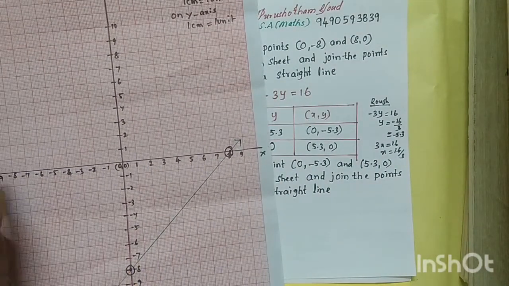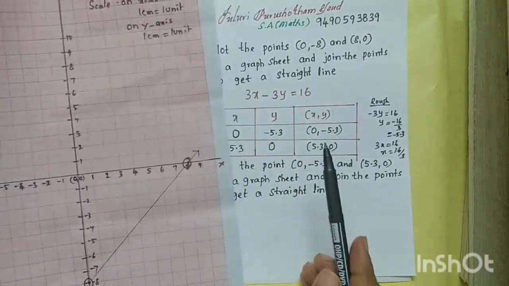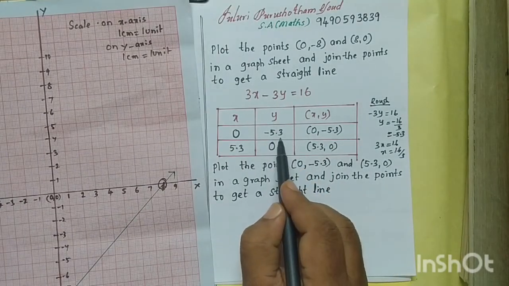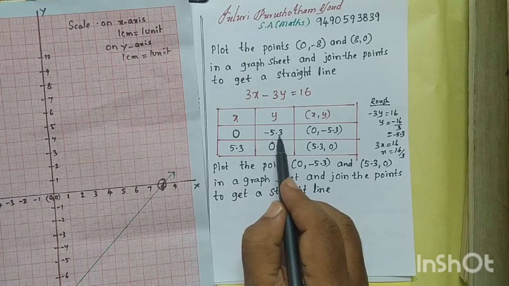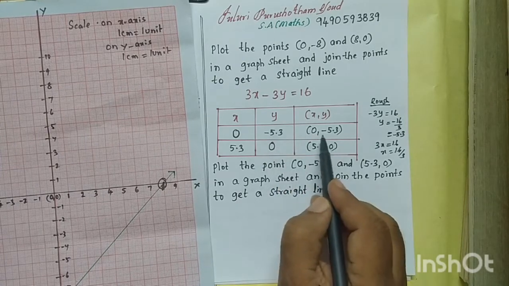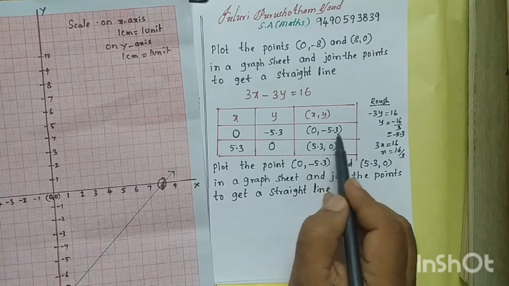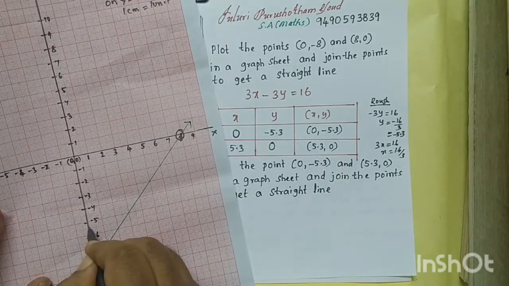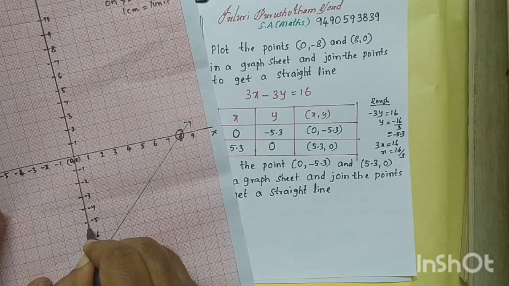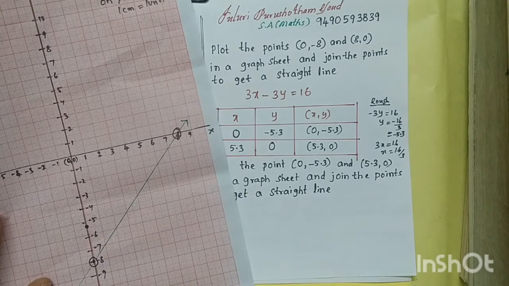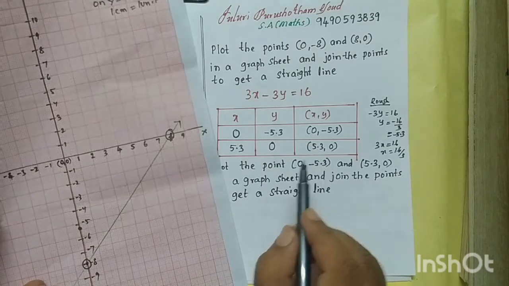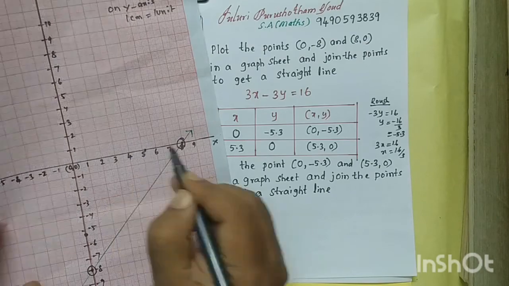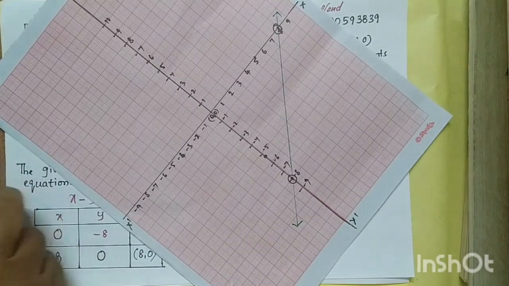Next, for the second equation, 3x minus 3y is equal to 16: 0 comma minus 5.3. Since x is 0, it is on the y-axis at minus 5.3, 5 and then 3 more. And next is 5.3 comma 0, 5.3 on the x-axis. When I join these points,